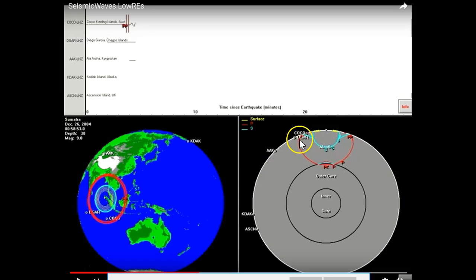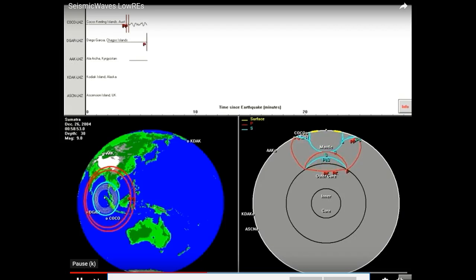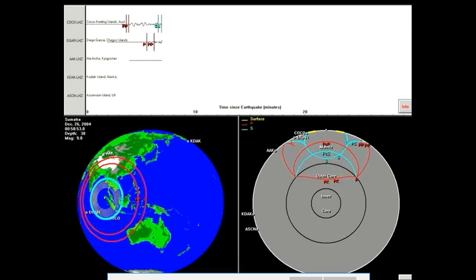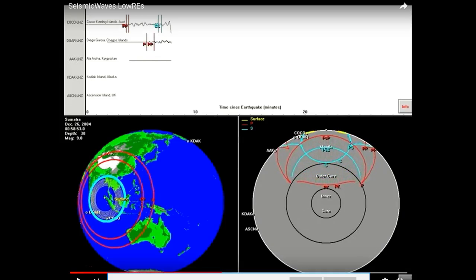And then pay attention to how fast the P wave is going to arrive to this Kyrgyzstan station. Alright, so the P wave arrived to the Kyrgyzstan station a little bit before the S wave arrived to the